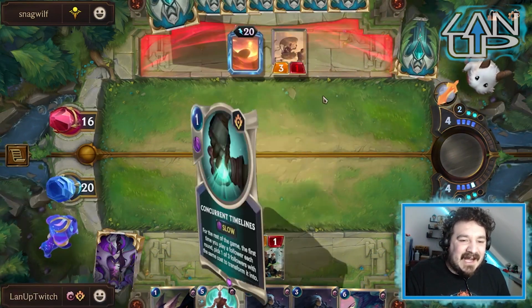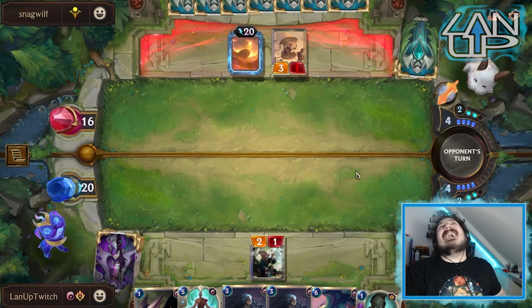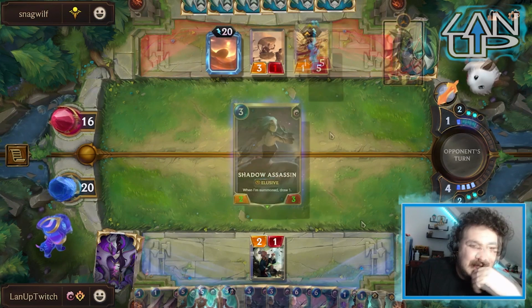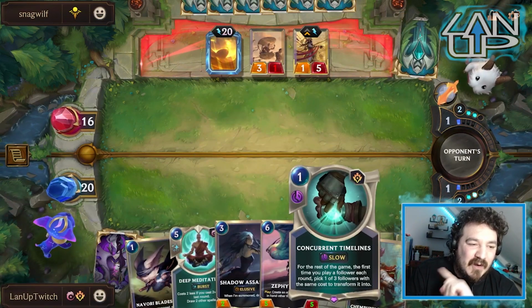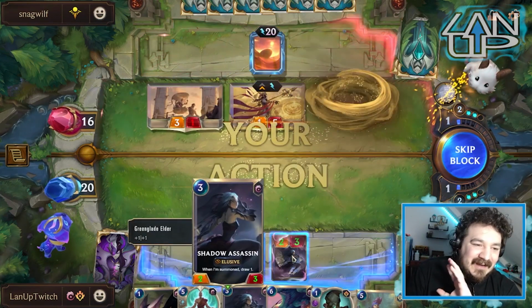What's going on right now? We don't exactly... he says! As he top decks timeline. We're going to throw down this because we actually want to keep the elusive right now, but then I will be playing this. I could accept, so...